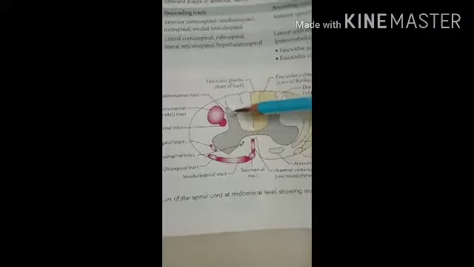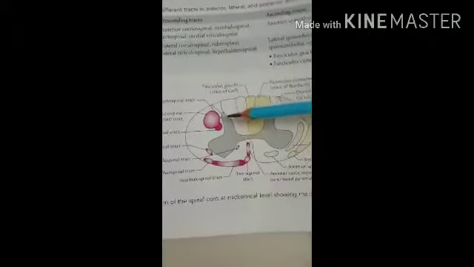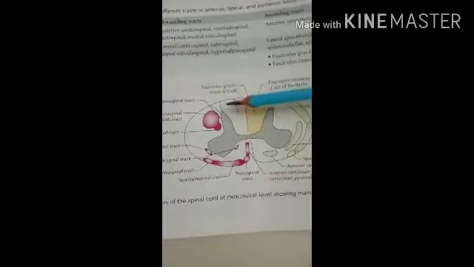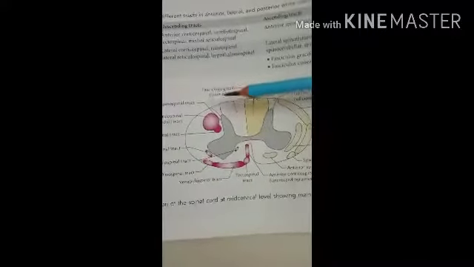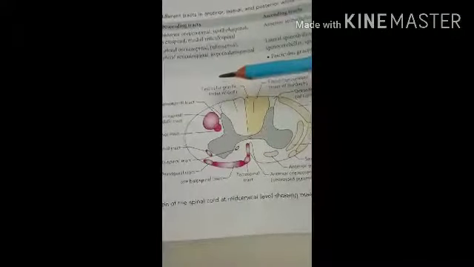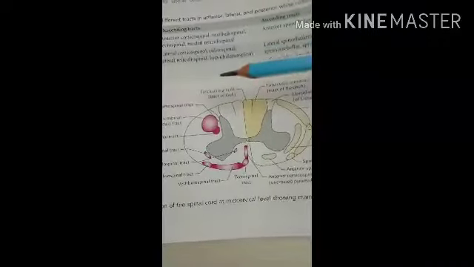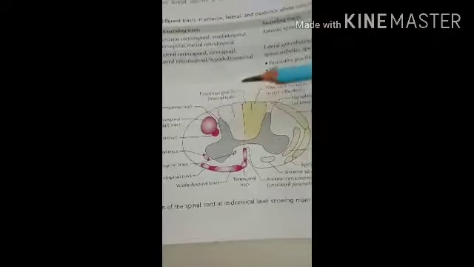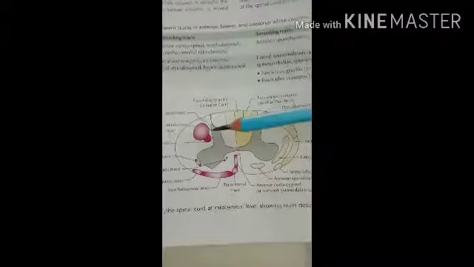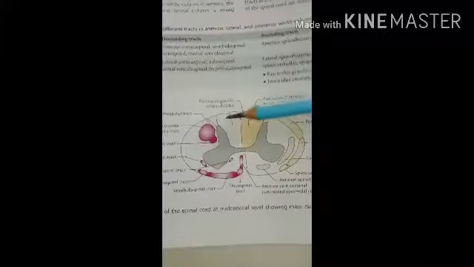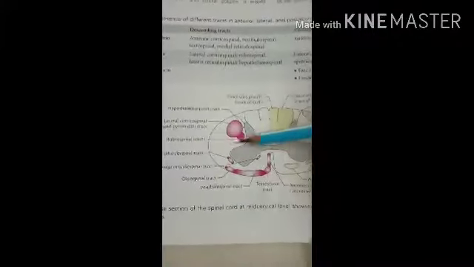You know, in the midbrain, the large nucleus present is the red nucleus, and from here this tract starts. The fibers cross to the opposite side in the tegmentum of the midbrain, forming the ventral tegmental decussation. This tract descends into the pons and the medulla and enters the lateral white column of the spinal cord.